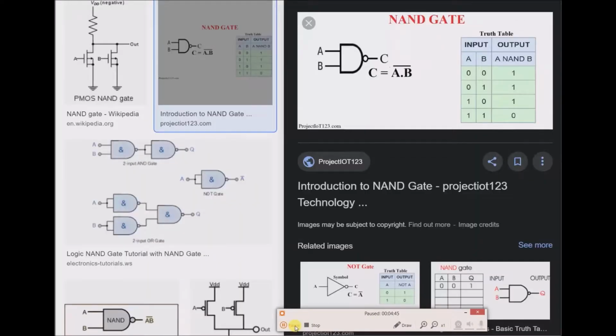So here's a truth table for a NAND gate. When A and B are low, the output is a 1. When A is low and B is high, the output is a 1. When 1 is